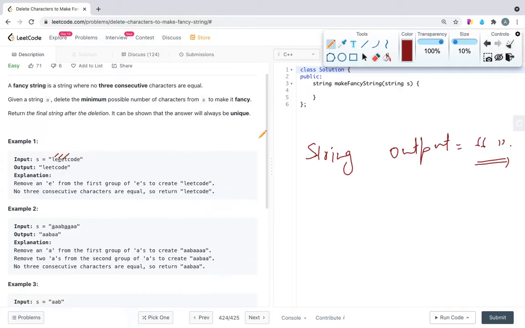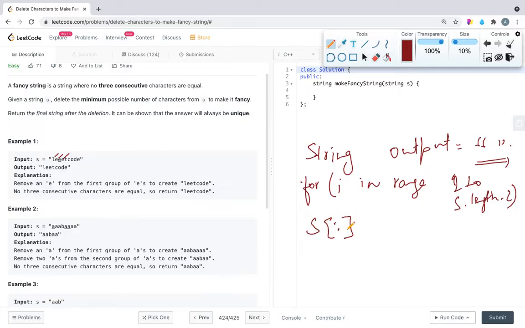If any three consecutive characters become the same, we will keep one iterator. So for i in range 1 to the given string length minus 2, s.length minus 2, we will keep on comparing s of i with s of i plus 1, and s of i with s of i plus 2.